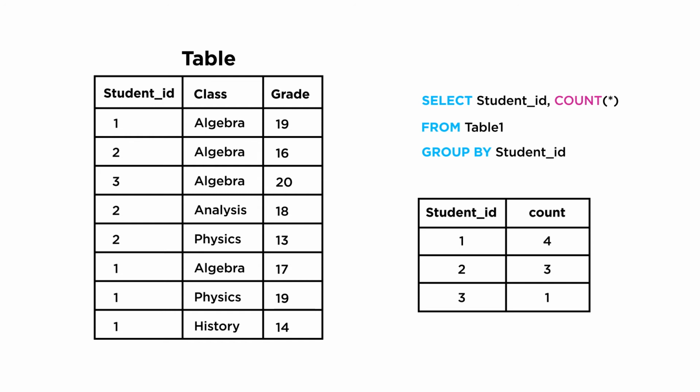Now we want to filter and keep in the outcome only students that take more than 2 classes. After the group by, we add the having clause saying having count star greater than 2. And this will filter out and eliminate students that take 0, 1, or 2 classes. This is the concept of having. Again, it is exactly the same thing as the where clause, but it is applied to aggregate functions only. Remember, the having clause appears after the group by and before the order by.